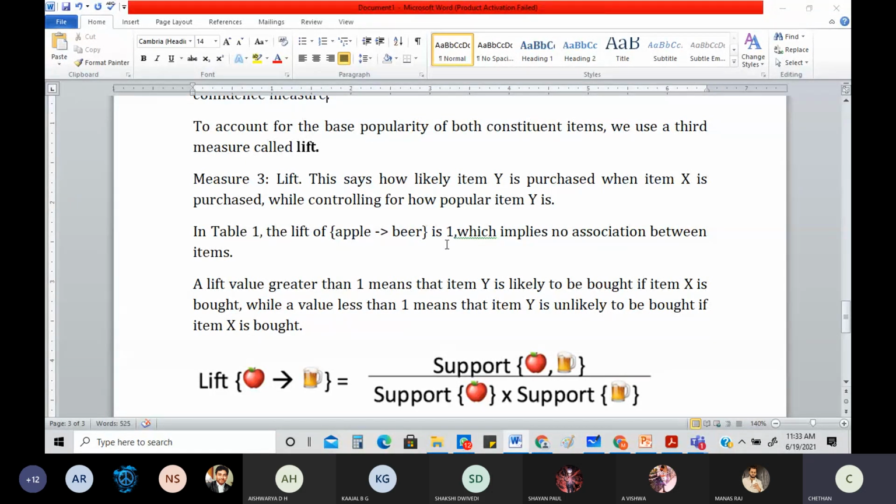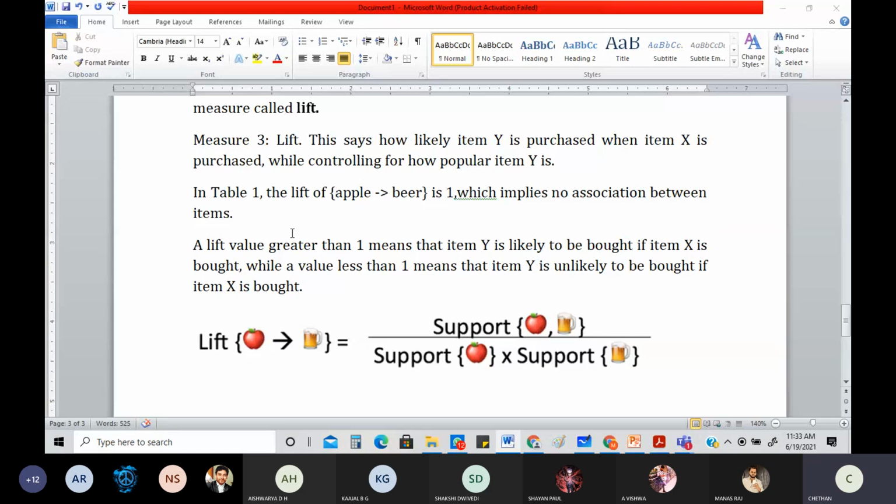So, account the base property. We have something called lift. This is something which you didn't study when I taught you minimum support, confidence, support, all those things. This lift is something which you have not learned. We need to keep this as a measure to learn things with regard to evaluation. So what is lift here? This says how likely